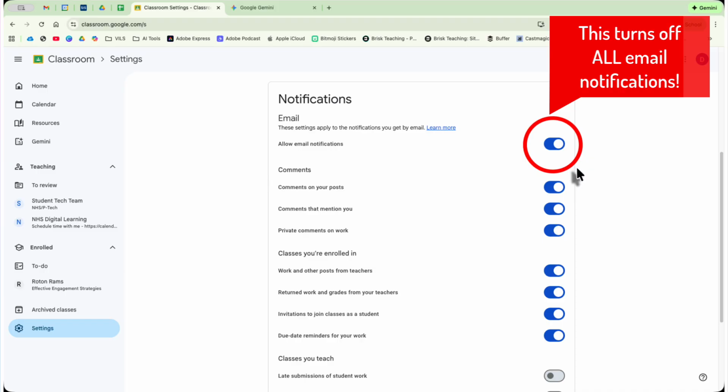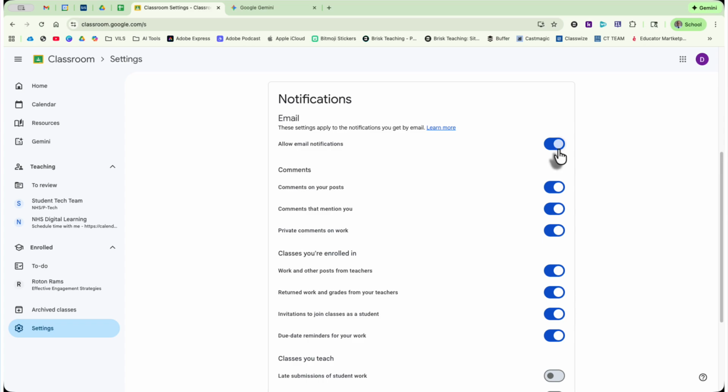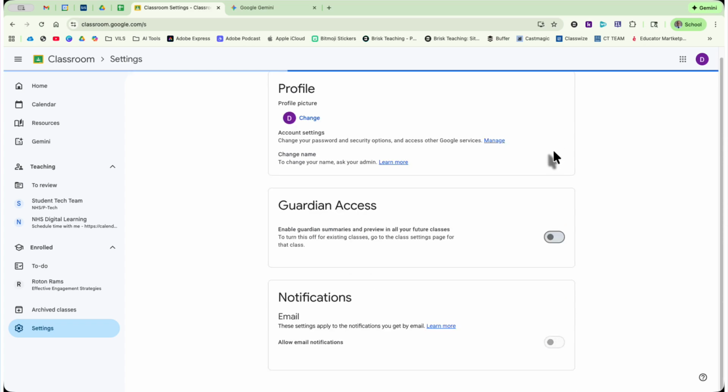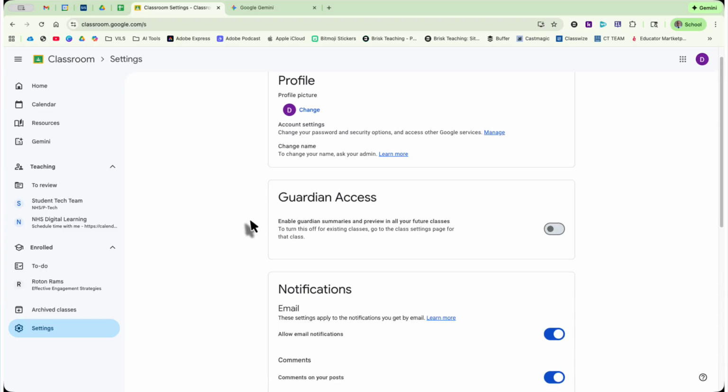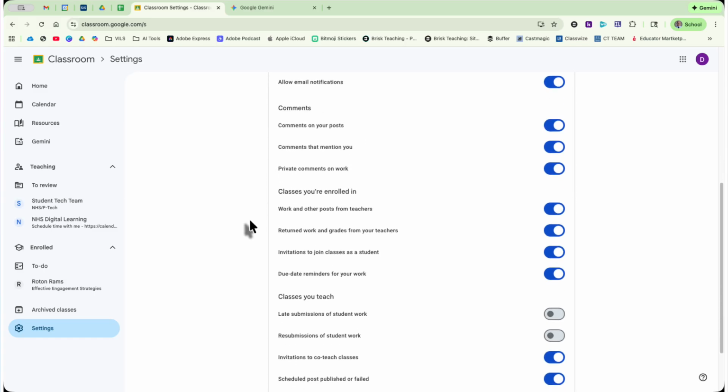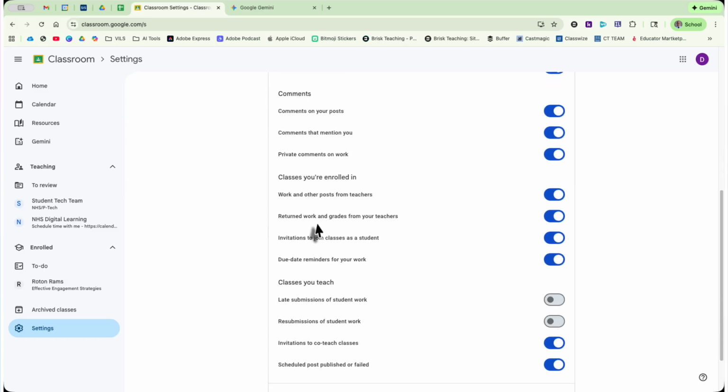What you could do, although I would caution you against doing this because I don't think it's the best idea for you, is you can actually uncheck all email notifications. And you'll notice that now that notifications window gets shrunken down because there are no further options for you to explore. But if you toggle on email notifications, you can filter even better by turning on or off certain ones,